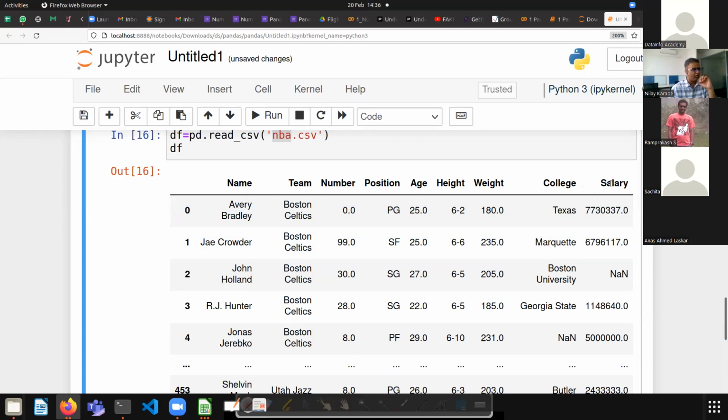So that is all about the data frame and pandas in a nutshell. Do you have any questions, any doubts? Please let me know. Otherwise, we will move to the next part, which is